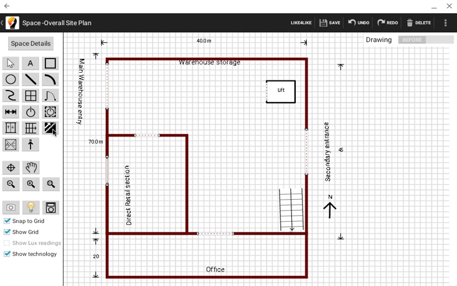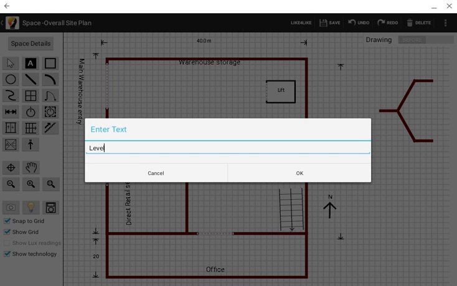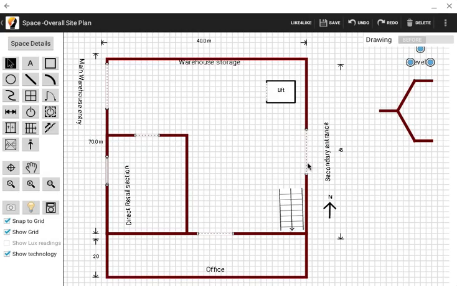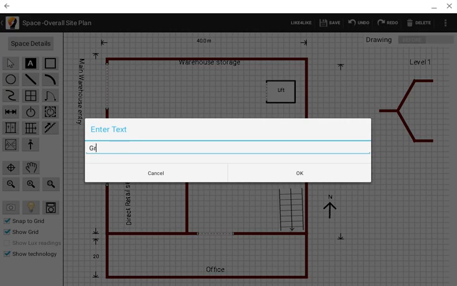Also, this one is another type of staircase, but this is purely done for fire stairs. So obviously with the current view, we're looking down on the building from a bird's eye view. Think of this as sort of like a side-on view. So imagine that you're looking at the side of a building and this is the fire stairs. So for example, this might be level 1. Level 1, and this might be ground level,